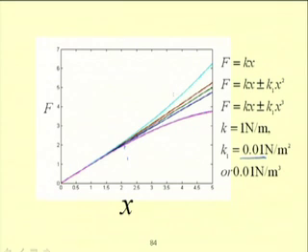In this case, let us see what is happening for a particular value of x. When it is linear, f equal to kx, and if you compare for this,